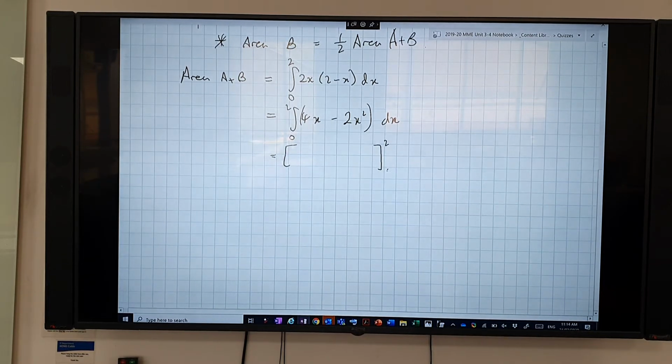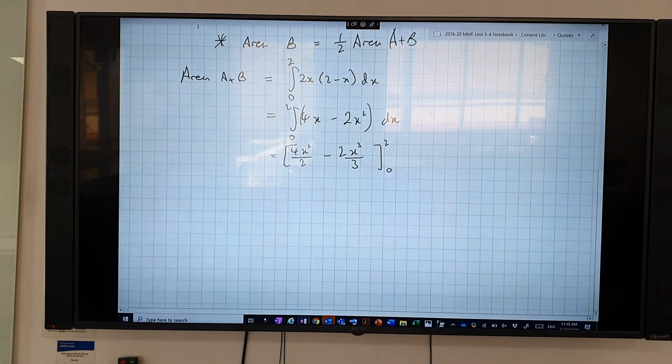So when we integrate it, we do 4x squared over 2. Raise the power by 2. Minus 2, and we have 1 to the power. Okay with that? See, we're actually doing stuff. At the moment, I haven't even thought what I'm going to do yet, but I need to get this bit so I can do the half. So I'm just working through it.